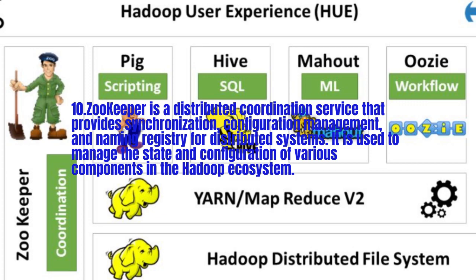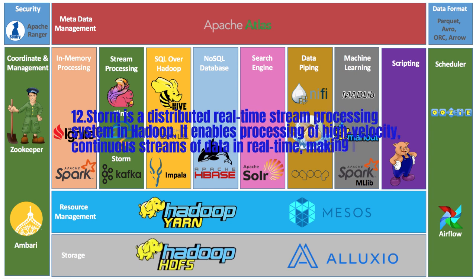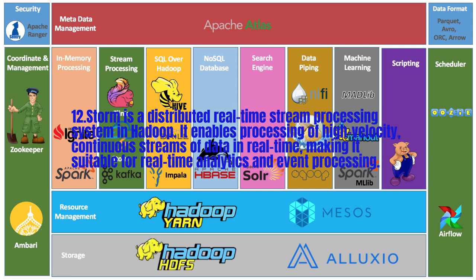We have another, Falcon. Falcon is a data governance and management solution for Hadoop. It provides data lifecycle management, replication, and metadata management capabilities. And we have Storm. Storm is a distributed real-time stream processing system in Hadoop. It enables processing of high velocity, continuous streaming of data in real time, making it suitable for real-time analysis and